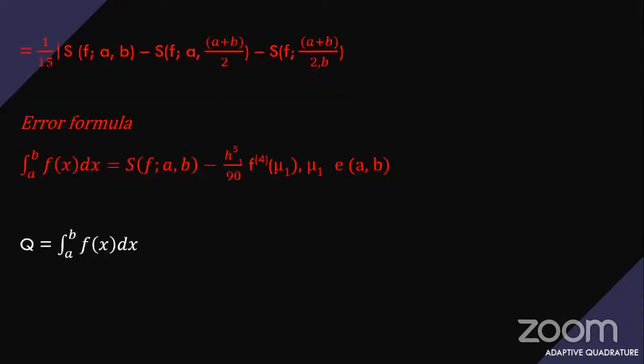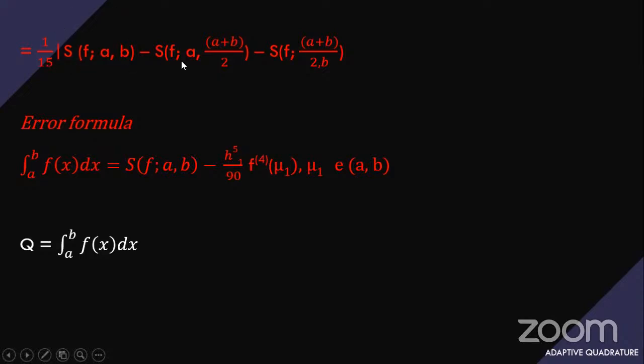Sorry. Okay, this particular formula, the one you wrote as error formula, that's the formula that is supposed to be up. I'm really sorry, sir, for the mistake. We'll fix it, sir. So that's the formula. Now, this h raised to power 5 divided by 90, f raised to power 4, mu and the likes. So this is the error formula. So that particular error formula is split when they did the proving, yes, they go to 1/15, the one that is up, 1/15, S, f, a, comma, b minus